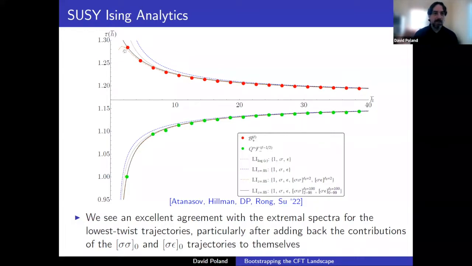These are showing the two leading trajectories of operators in this N equals 1 supersymmetric Ising model, or minimal GNY model,